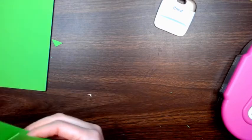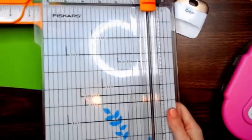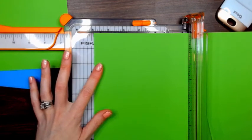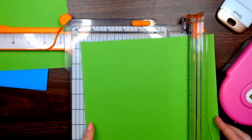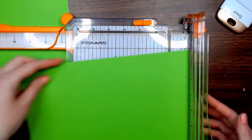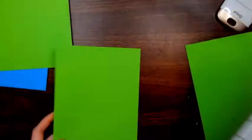Okay, so the next one we're going to do is the standard. It's just a standard, the A2 size. So what you do with that is you just cut an 8.5 by 11 at 4.5. Like this. You do it this way? I can't remember. I can never remember. Nope. We cut it this way at 5.5. And that'll give you 2. So cut it on the 11 side at 5.5. It'll give you 2 cards out of one